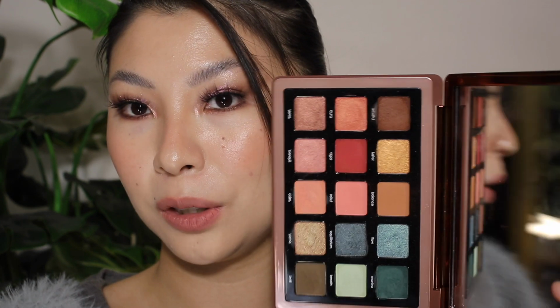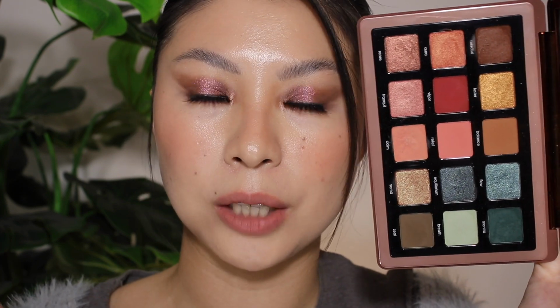Another palette I do want to mention is the Zendo palette. I really do enjoy this palette. The color story is what's really unique about this. I really don't have any tones like this in my collection, and Natasha Denona does her mattes